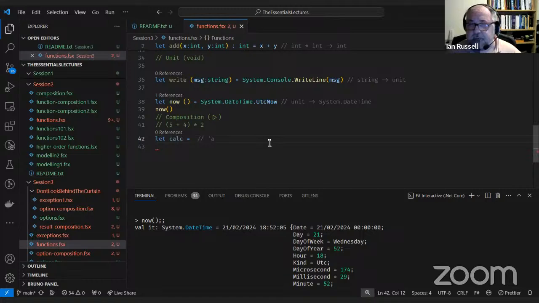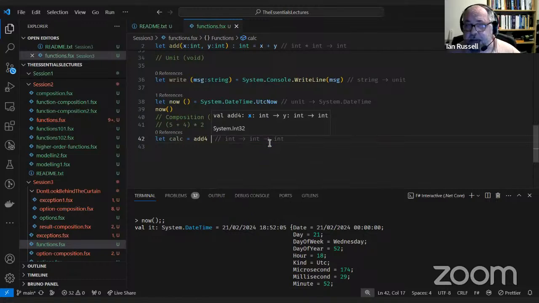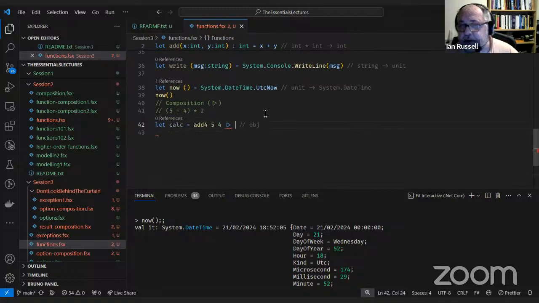So what I'm doing, so I'm doing 5 and 4. So I need add. And the result of that will be multiplied by 2.